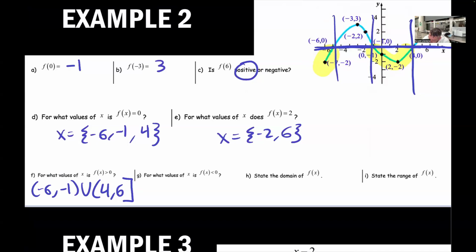Well, that's from -7, which is negative, so we would start at -7, and then we go until we hit the x-axis, which we saw was at -6. Now again, -7 produces a negative, so we're going to put a bracket there, and then -6 does not, so we're going to put a parenthesis. And then we're going to union that